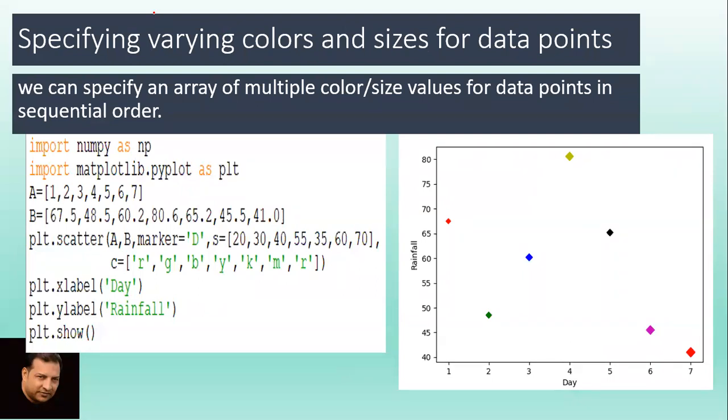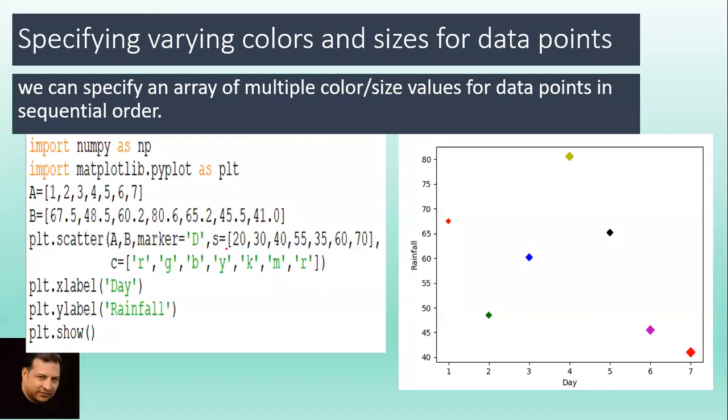I think you got the point. What we are going to do, we are going to set different colors and different sizes for different data markers. Let us see how. See this statement again, plt.scatter a comma b comma marker is equal to d, same, but here we have provided